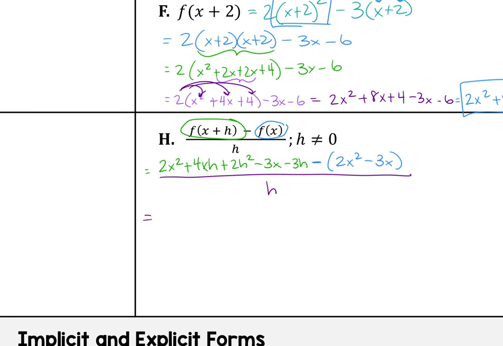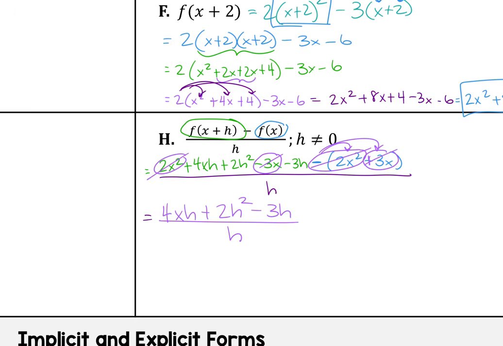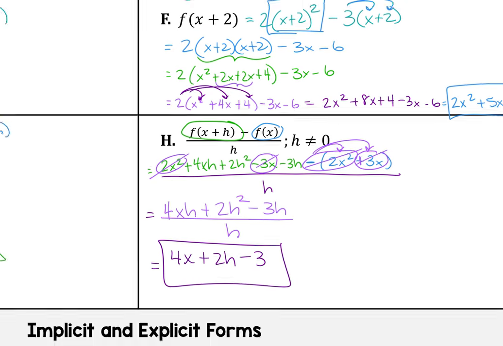Okay, so this is a minus 2x squared. I'm going to change the color there. Minus, because you'll distribute that negative in, okay? So that's a positive 3x and a negative 2x squared. So negative 2x squared and 2x squared, those will cancel. And then a positive 3x and a negative 3x, those cancel. So we're left with 4xh plus 2h squared minus 3h all over h. Now we can divide in the h there. So 4x plus 2h minus 3 is our answer. Okay, a little tricky,